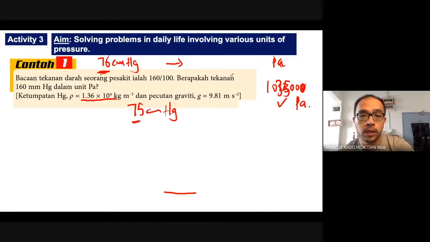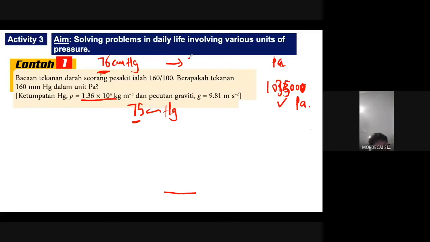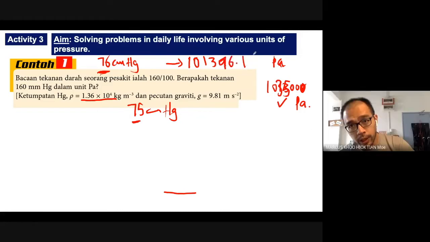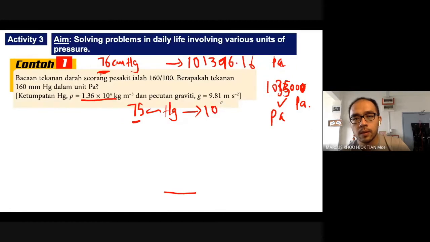Okay, anybody got 76 centimeter mercury? How much? 76, 101,396.16. Okay, how about 75? Yeah, somebody else? 100,062. Yeah. Oh yeah lah, 1035 is wrong, 1013 pula. Okay,